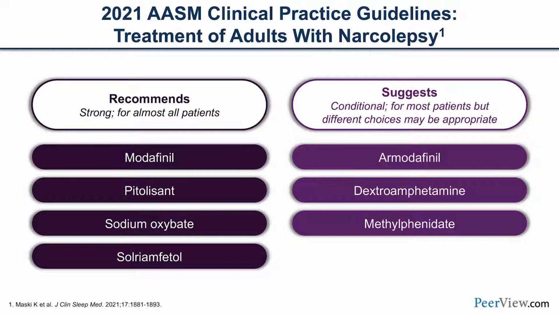We worry about those because those can be abused and misused and diverted, but they can be effective. We now have solriamfetol, which has been available for a few years, and that hits dopamine and norepinephrine. So you remember those downstream neurotransmitters, that hits 2 of them. It has good effect size in terms of enhancing alertness. When we did our research studies on these individuals, and we looked at the Epworth score, and we looked at something like the MSLT, called the Maintenance of Wakefulness Test, we saw that these individuals were able to be more awake.